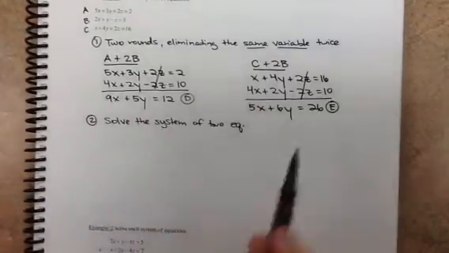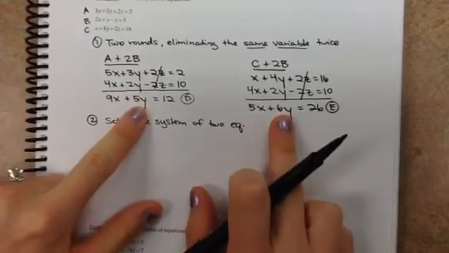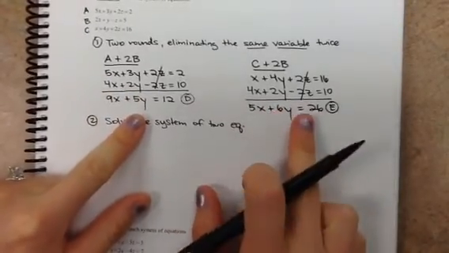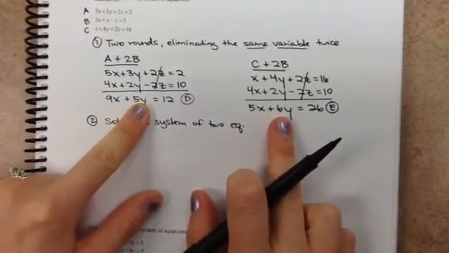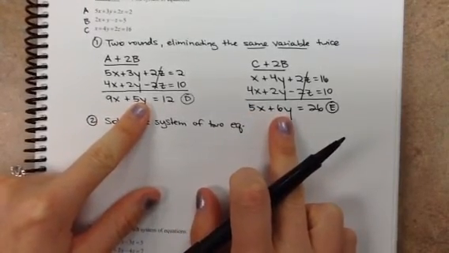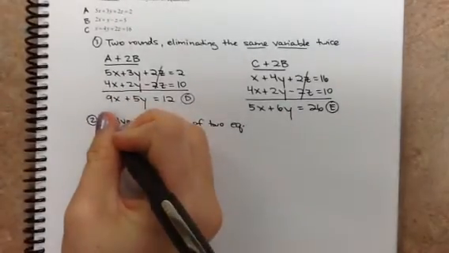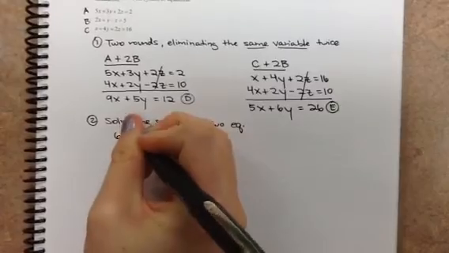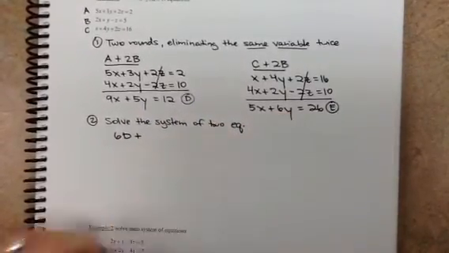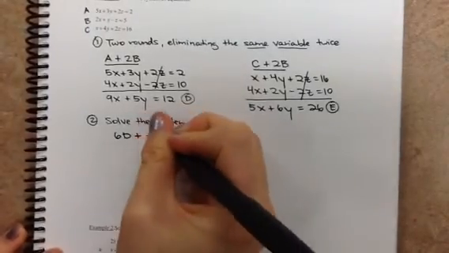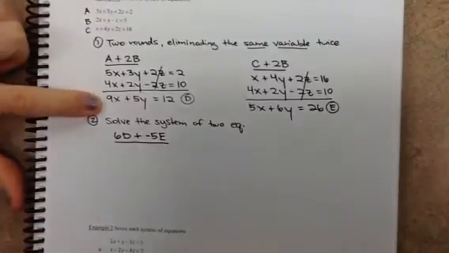Okay, so these two right here, I have a 9x and a 5x, and then I have a 5y and a 6y. None of them are going to eliminate nicely. We could make these opposite 45s. We could make these opposite 30s. Just because 30 is a little bit lower, let's go with this. So let's make this a positive 30. I will multiply that by 6 times equation D, and then we'll make this one a negative 30. So I'm going to multiply this one by negative 5. Okay, so that's what I'm going to do here. I'm going to multiply this whole thing by 6,